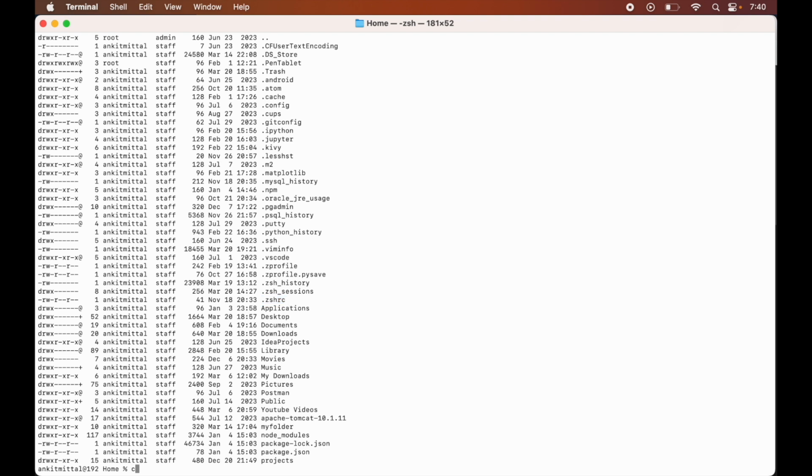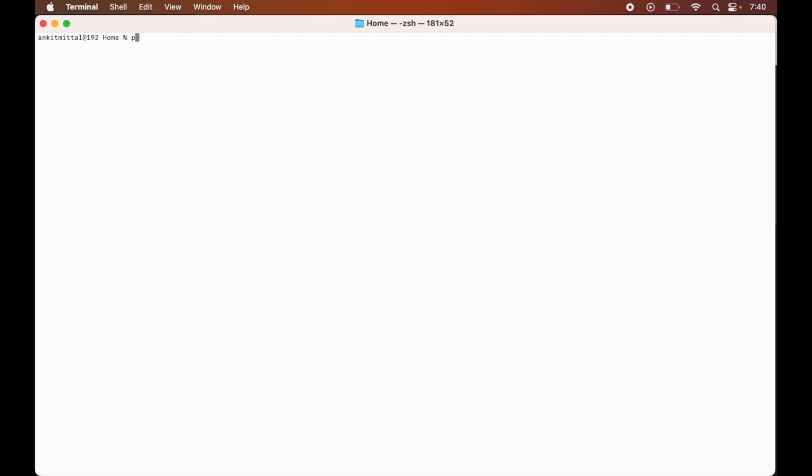So let me clear the terminal first, and I will do pwd again, and I will copy this particular path here, and now I will open up that .zshrc file using the vi editor. So I will say vi, then I will give the path of that .zshrc file. Now I will press the i key of the keyboard to move into insert mode. Here you can see we are in insert mode. Now I will write down JAVA_HOME equals, and I will paste the copied path.